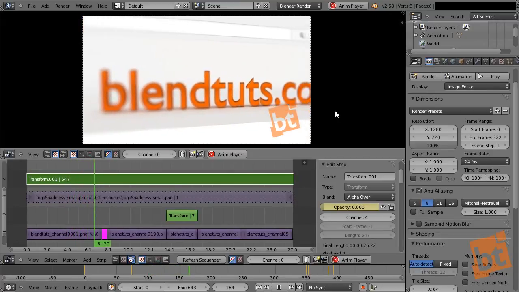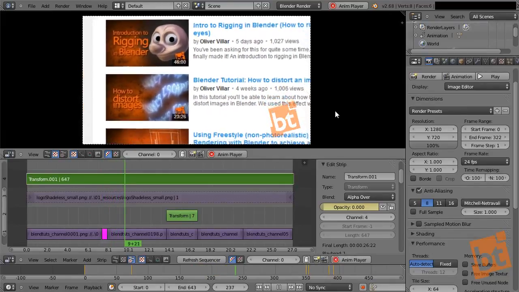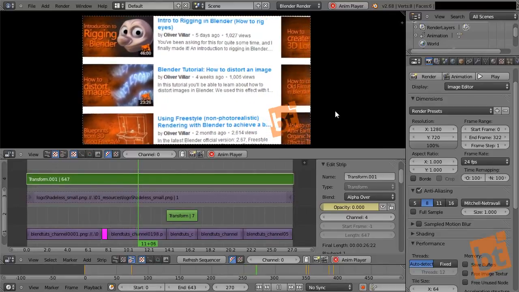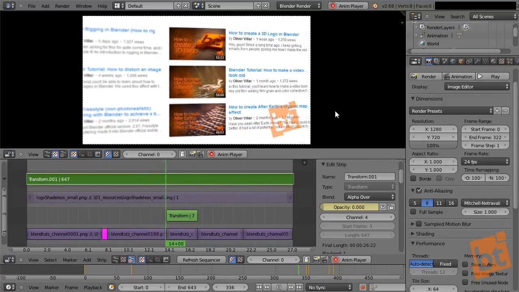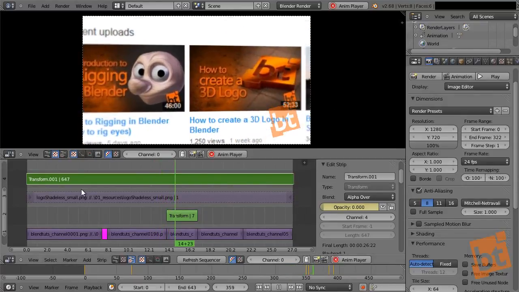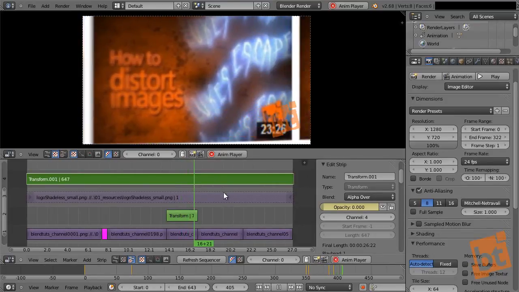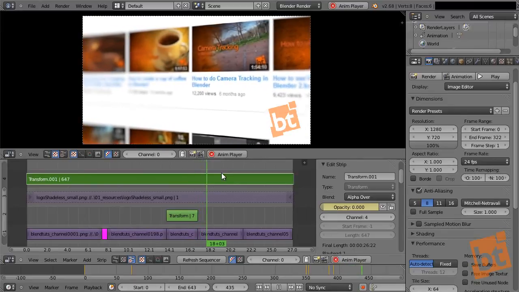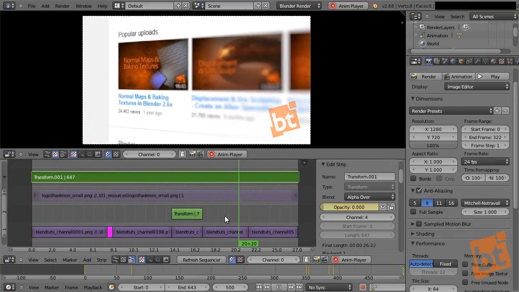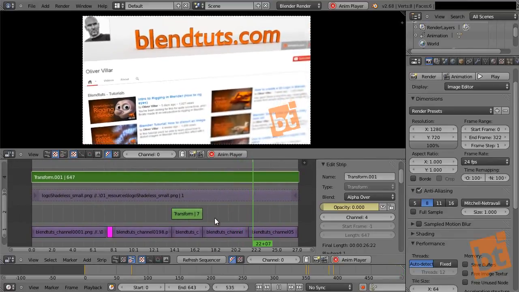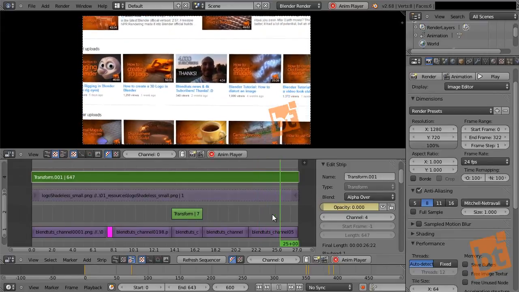We could animate the fade out in reverse of what we just did, so the logo starts fading out at the end of the video. But well, this is the basics of Blender editing. As you can see, this is on top of everything because we put this layer on top of the other ones, right? So we are seeing all these ones behind it, right? We could keep adding more and more and more over it. Also, there is something that I won't show in this video because this was meant to be just a basic introduction to the video sequence editor, but you can select